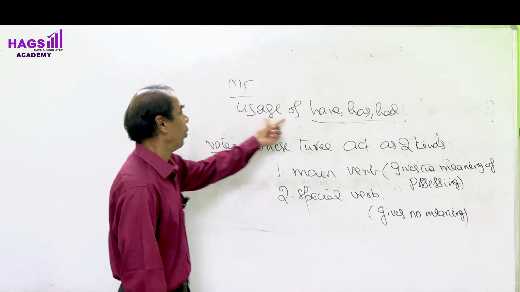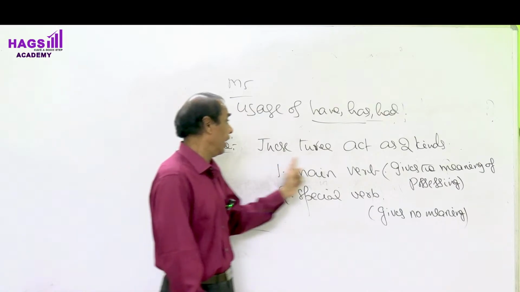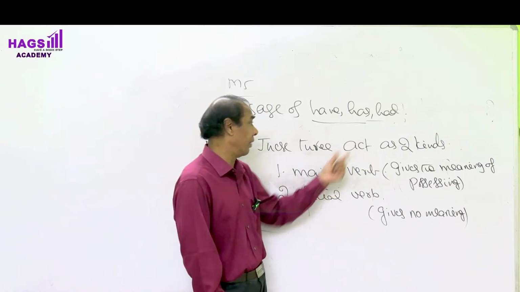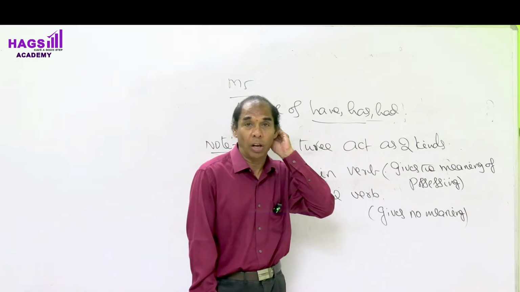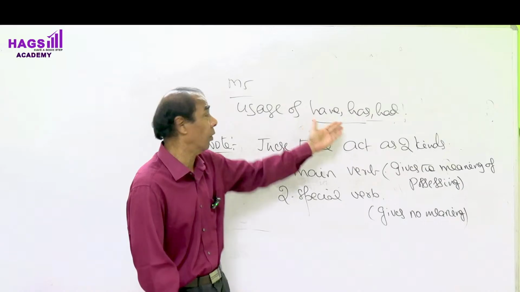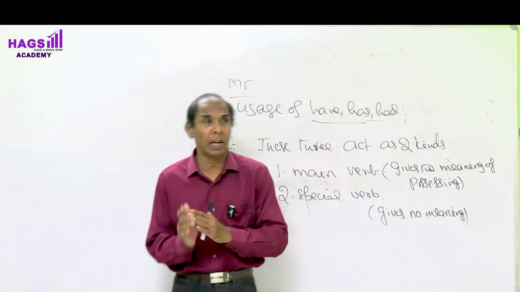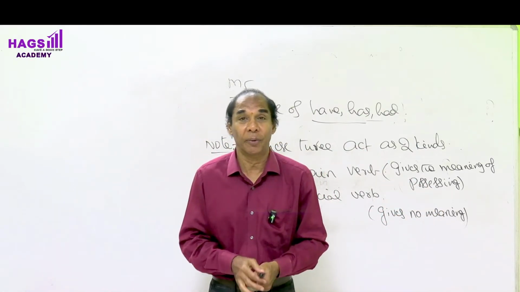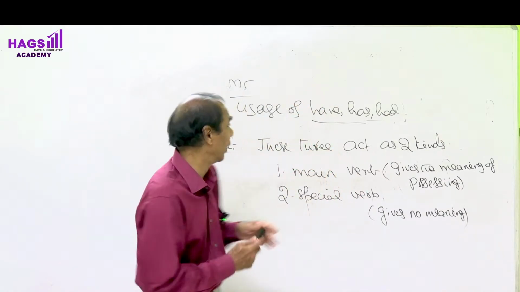Right? See, usage of have, has, or had. See, again I am explaining. These three act as two kinds. What are the two kinds they act as? Sometimes these three act as main verb. Sometimes these three act as special verb. So, in the case of these three words, if we have any one of them in a sentence, first we have to identify whether these three are acting as main verb or as special verb. After identification, then you have to do the question tag. See, look at the word. For example,